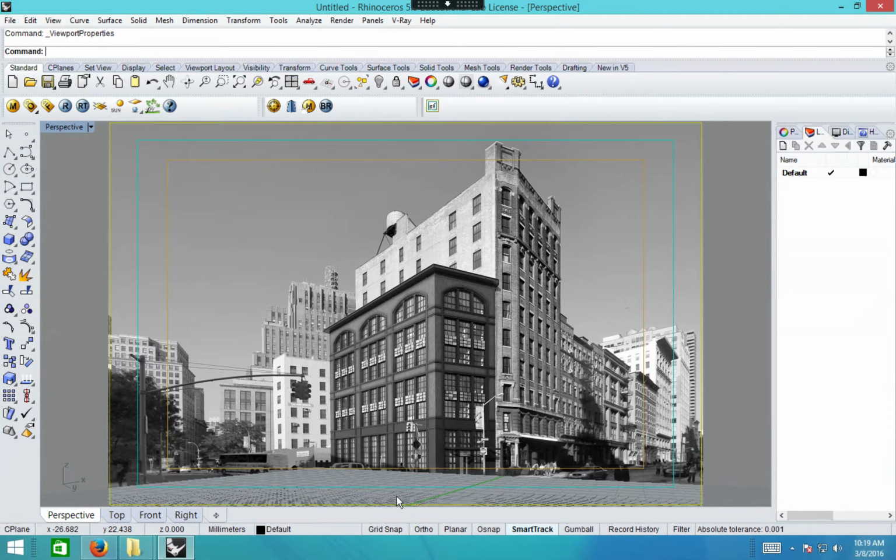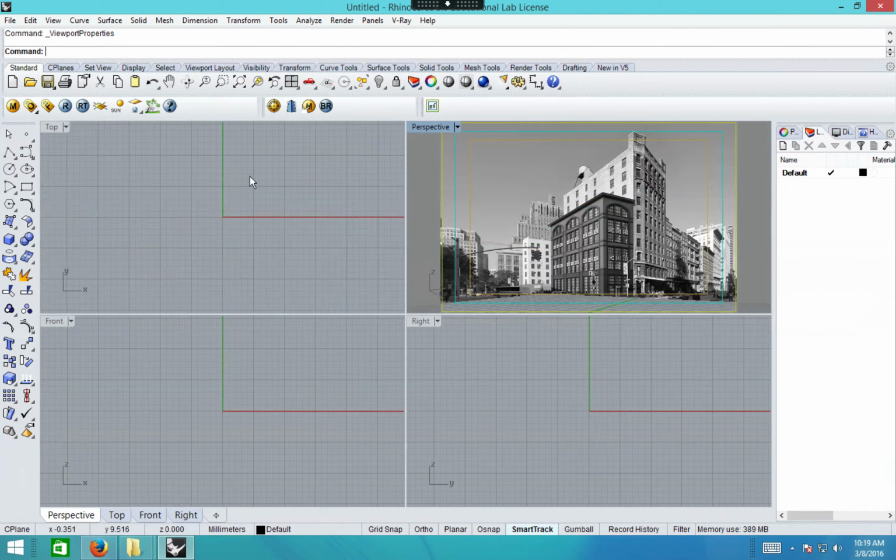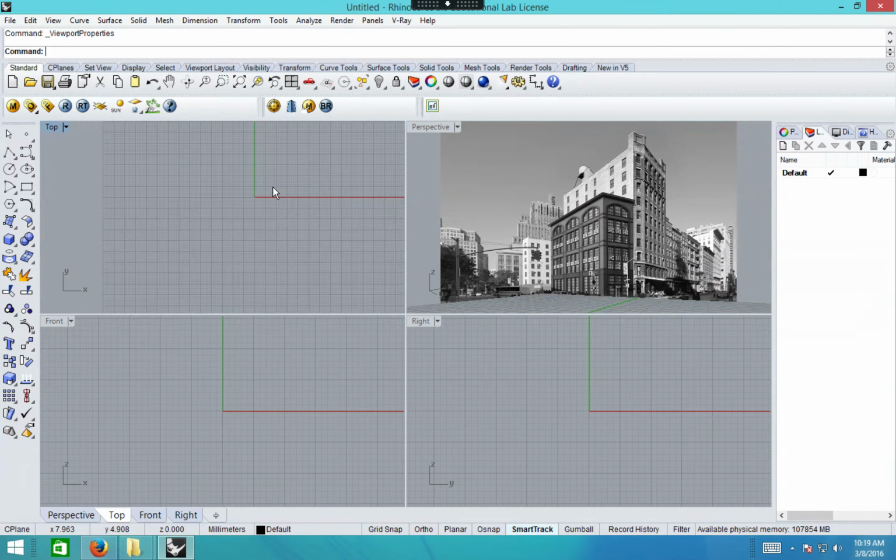But this has only one grid, so we need at least two grids to see the horizon lines to keep things easier. So for that,